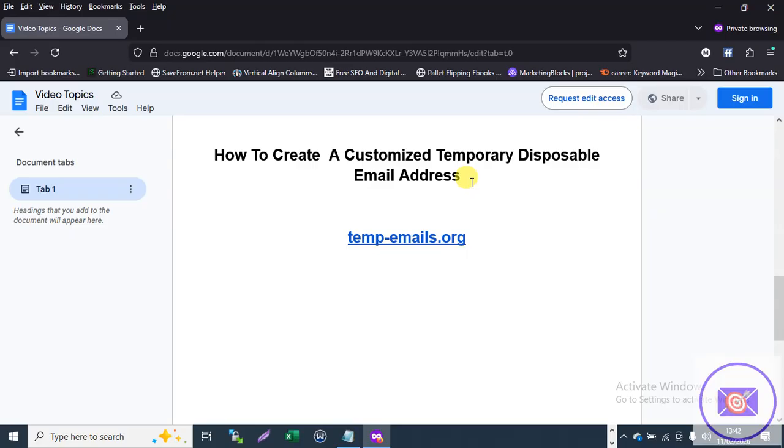My name is Martin from Email Bouncer, and today I will show you how to create a customized temporary disposable email address that you can use to keep your primary inbox free from spam, junk, and unwanted emails using this awesome temporary disposable email generator website known as